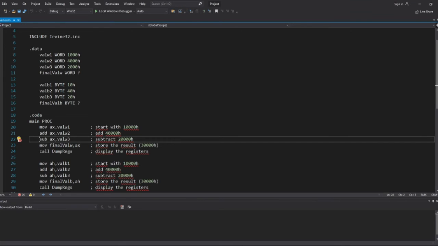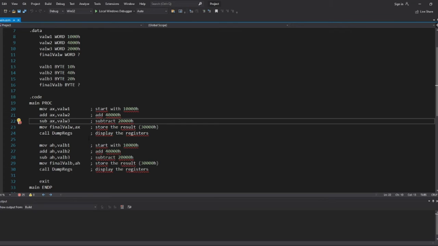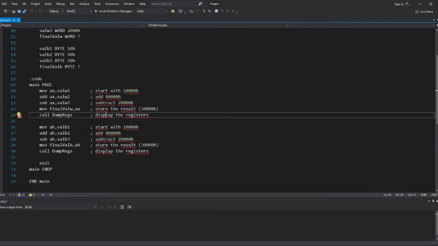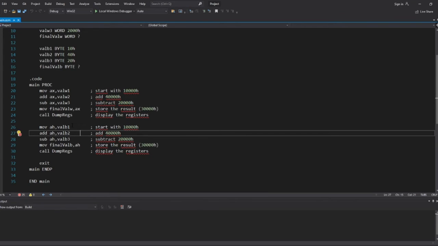And next is subtract AX with value W3. So the value currently is 3000H. And we move AX into the final value W, which means we store the final result 3000H into the final value, and then we display it with call DumpRegs. Okay, that's for value W.